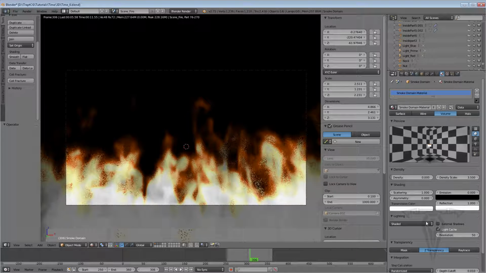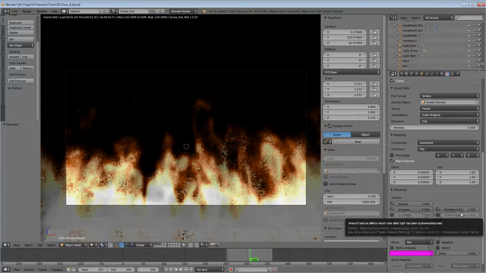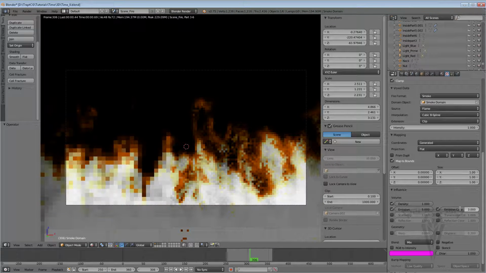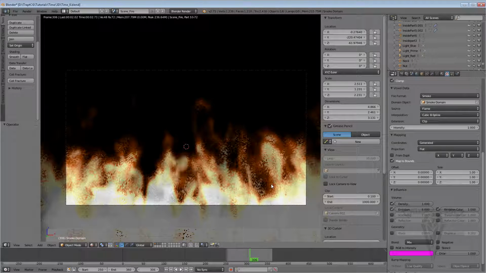So let's go ahead and play with some of this. Go back to the texture folder. I'm going to bring this back down to 5. And let's try emission color. Now you can see it's even more extreme on the white, and it's way too high. So I'm going to go back down to 1. Yeah, there we go. That's definitely better. And of course, I can play with density here as well. Let me scroll up